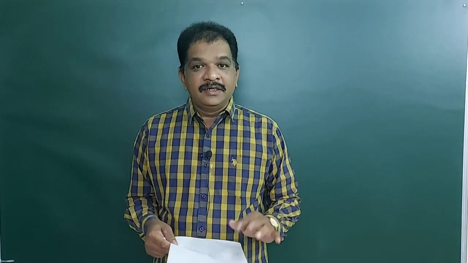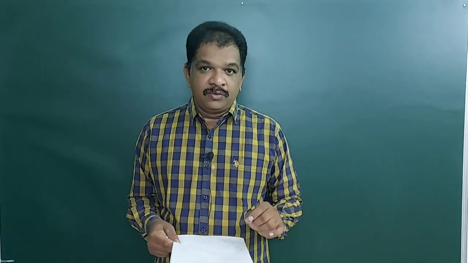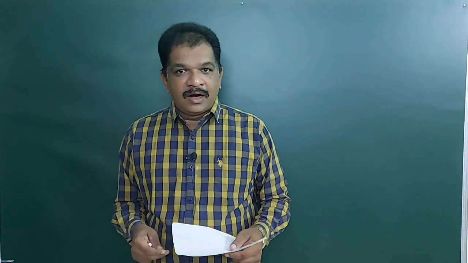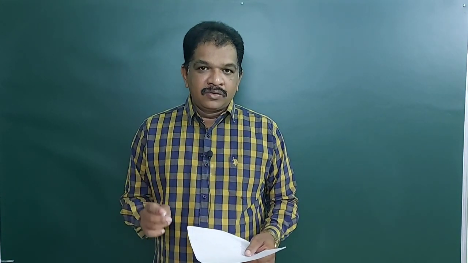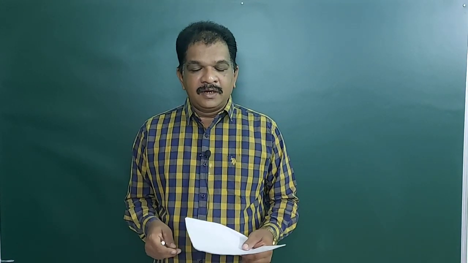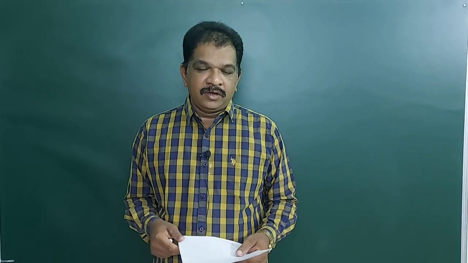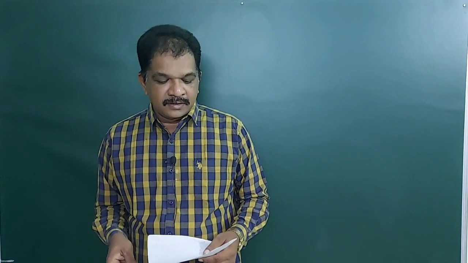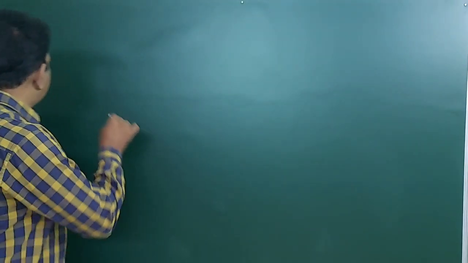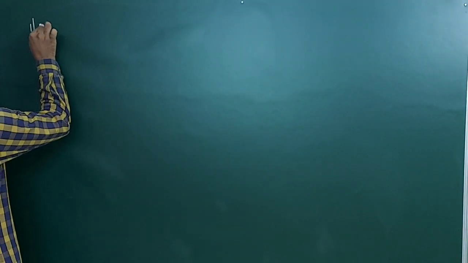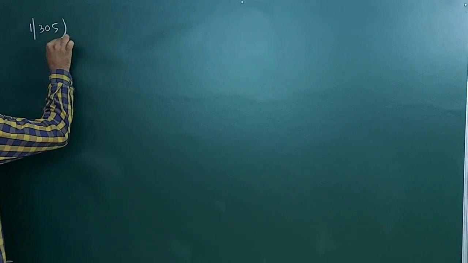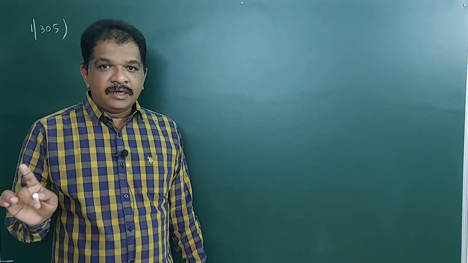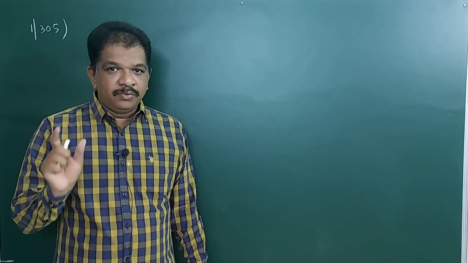See the Legend material, all of you, the theory book. In that, page number 305, oscillations, you check. Totally 12 problems are there. All are repeated models only. Important 6 problems we will do in this class. So page number 305, question number 1. I am taking these questions from the Legend theory book.